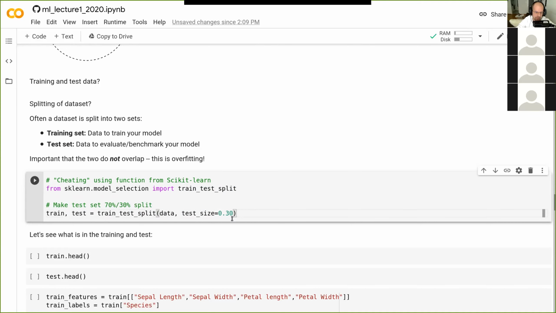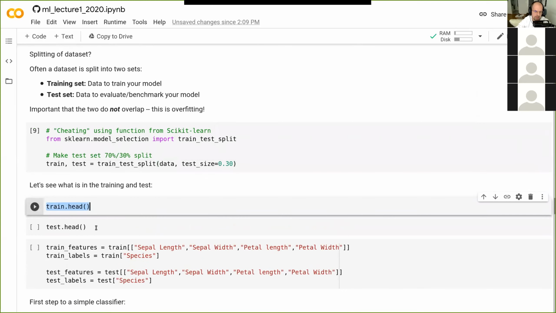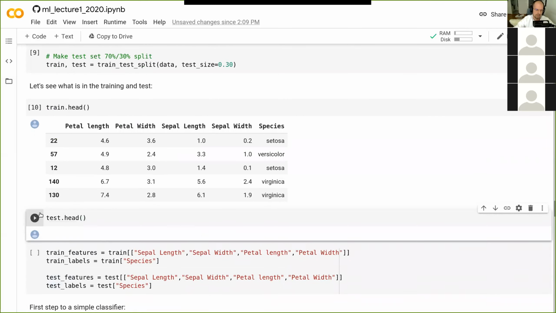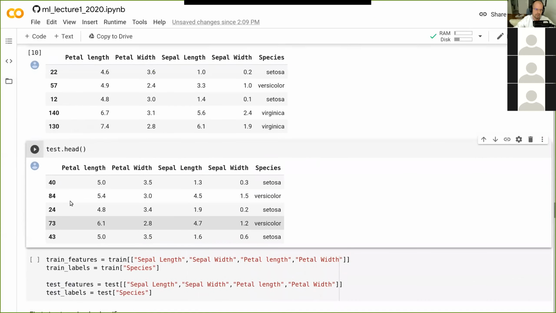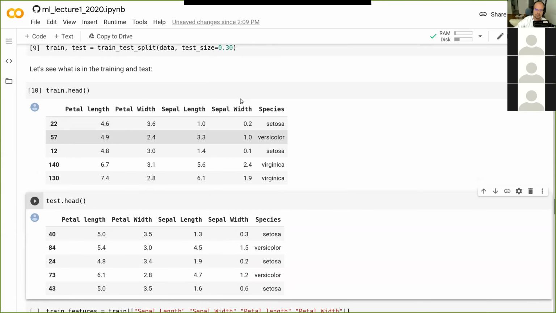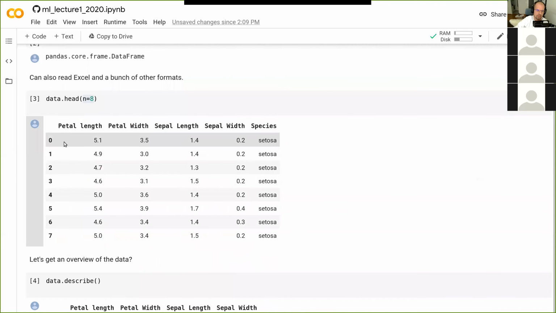Yeah, I guess nothing happened, or it doesn't print anything, but of course it does what it's supposed to do. So let's try and see what's in these 2 data frames. So let's run train head. Whoops. Let me just click like that. Okay, so now you can see it. Basically, let me scroll up again. Here it was ordered 0, 1, 2, 3, 4, 5, 6, 7, and so on, with all the various measurements and the species here.